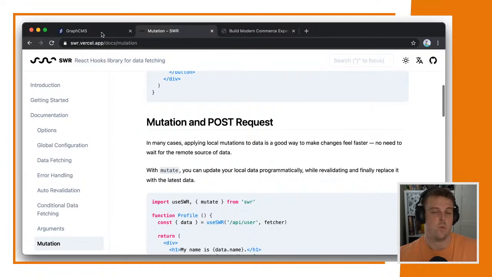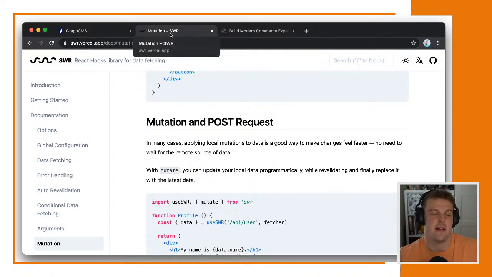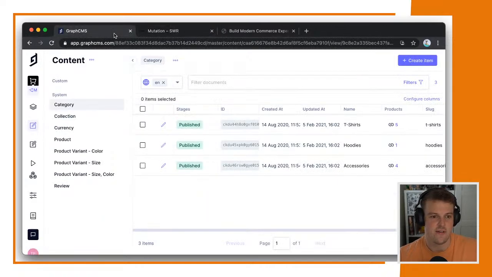And then we're going to add a basic form to essentially post a new product review, and that will use Next.js API routes and SWR to actually mutate our cache. So if we just dive into the GraphCMS project here,